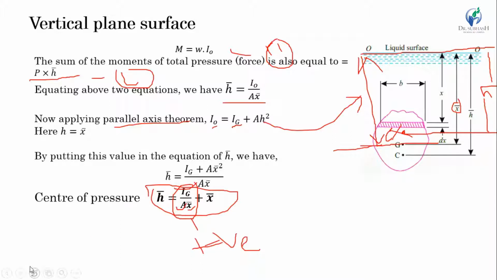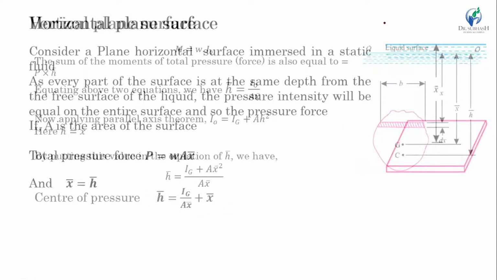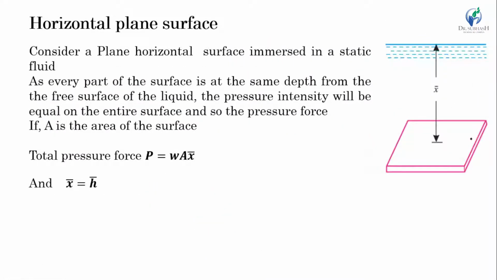Let's move on to the next type of surface, which is the horizontal surface. You can see here in the figure, this is a horizontal surface. As we neglect the thickness or the height of this plate, the CG and the center of pressure C both come on the same plane, and both have a distance x bar from the free surface of liquid. Let's consider the total pressure force P. According to the hydrostatic law, the total pressure force P is nothing but the small p times area.